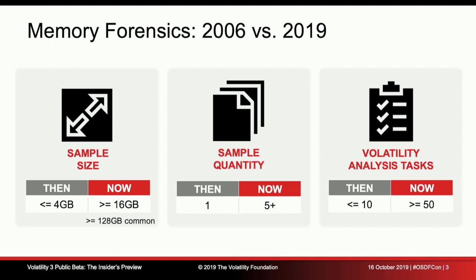To give you another small history lesson, back in 2006, when FatKit was first created, memory samples went up to maybe 4 gigs if you were really expensive and wanted to flash your money about. And of course, these days, consumer systems usually come with 16 gigabytes of RAM minimum, and server systems can go up to 128 gigs, 256 gigs, larger and larger memory images.